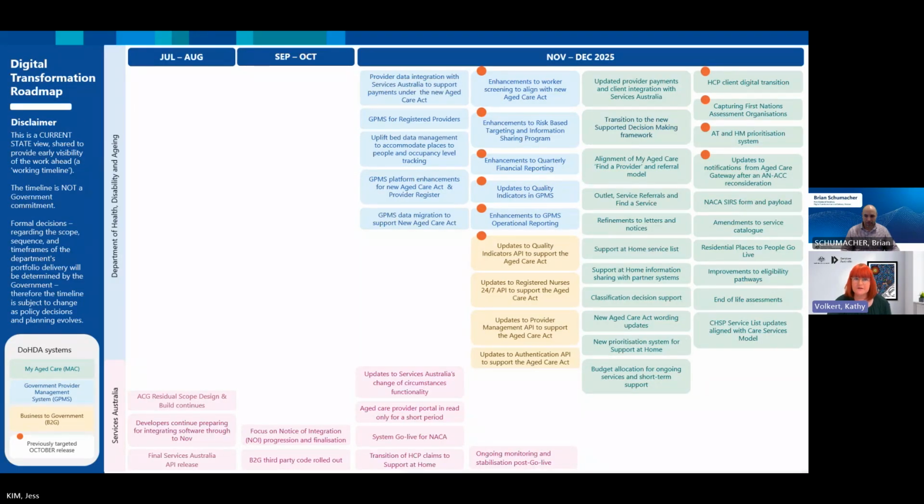We are also providing a lot of support to developers. We're running fortnightly webinars for software developers and vendors. They're continuing to prepare for integration of the software right through to November.